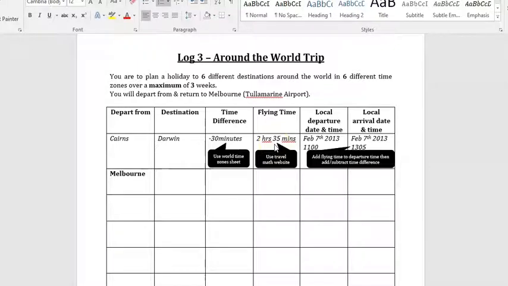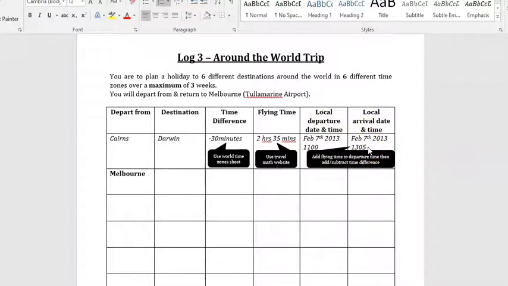There is a travel website, which I'm going to show you how to use in a second. And what you'll do is, with your starting local departure date and time, this hypothetical example has us leave from Cairns at 7th of February 2013 at 11 in the morning, 1100 hours, they say in military format. This is 24-hour time without the 2 dots in the middle. And this is going to take 2 hours and 35 minutes. So technically we'll be arriving at